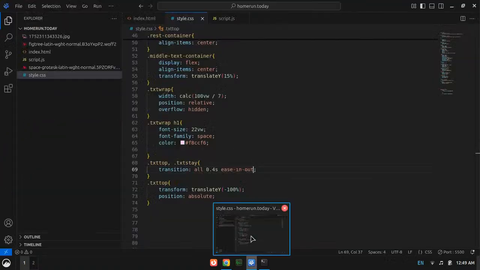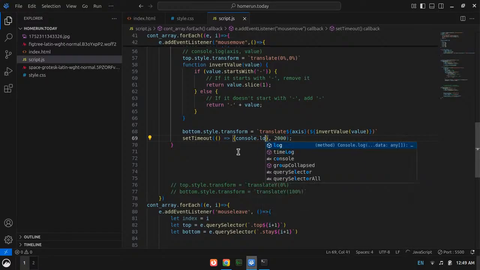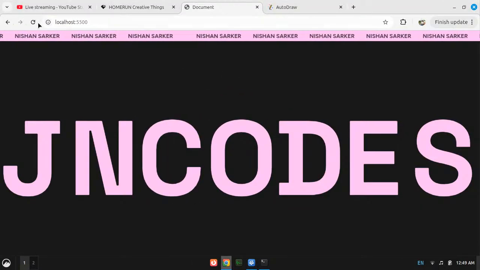Oh, by the way, you know what, I will just give here console.log with an empty string. Okay, now see.